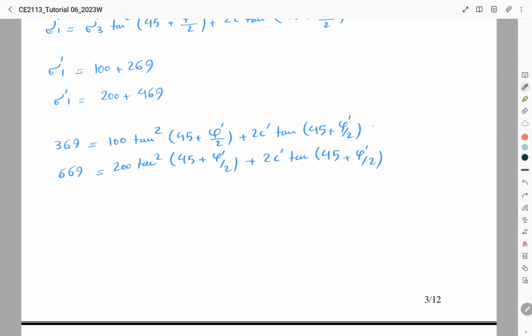Now, if we subtract this equation from this equation, we will have